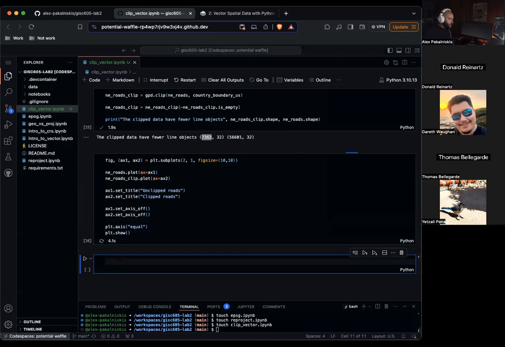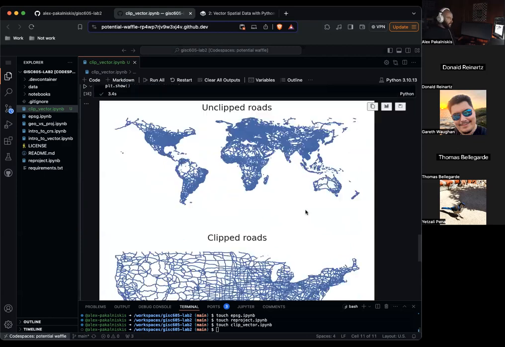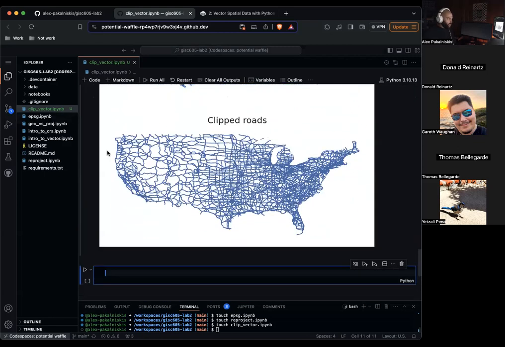And soon you'll be able to see our unclipped roads for the whole planet, and then our clipped roads for the continental United States.